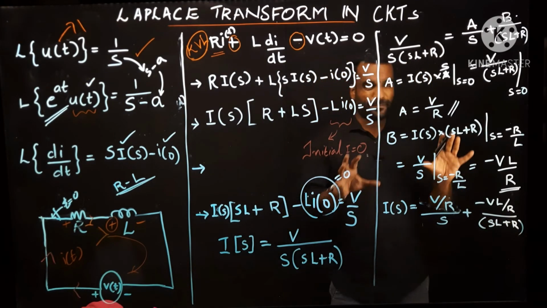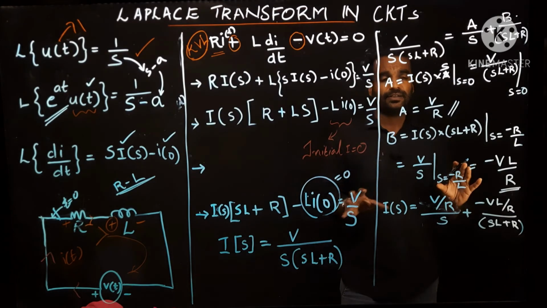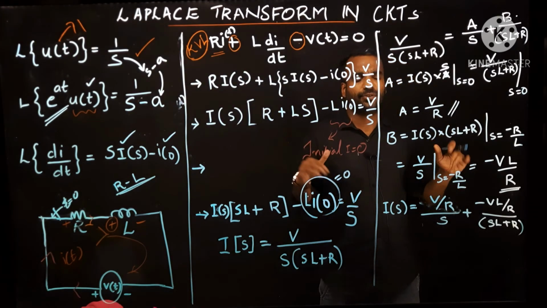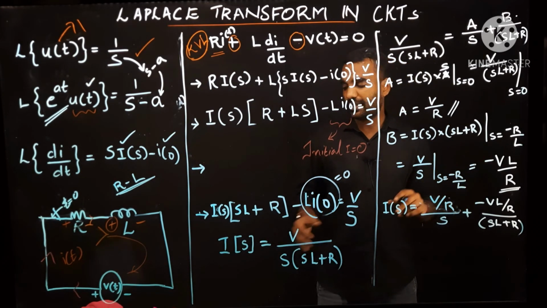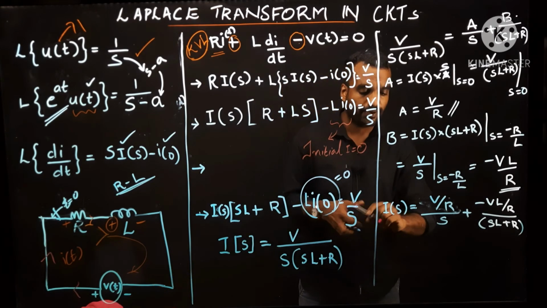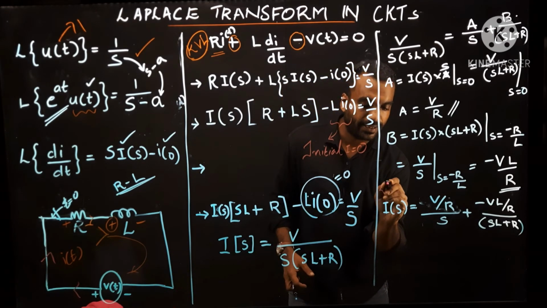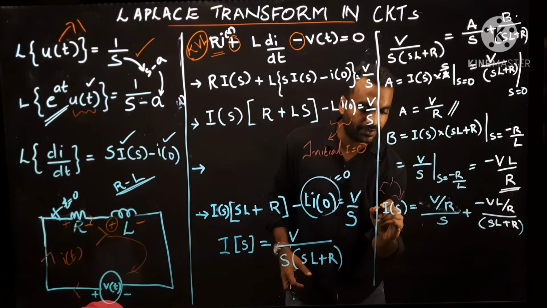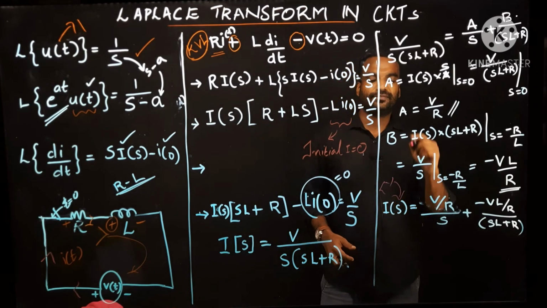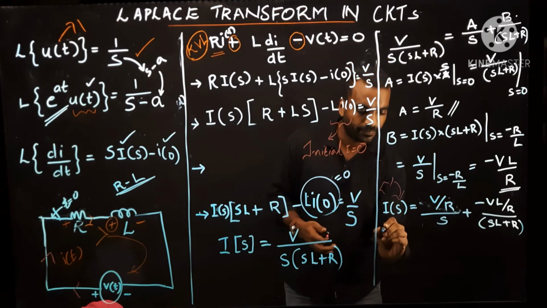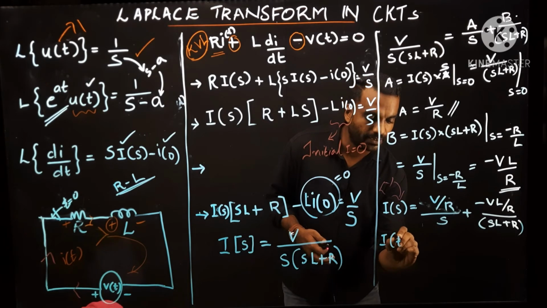We got the fractioned expression in S domain. Now it is very easy to convert it into time domain. How we can convert this into time domain? We have to take L inverse of I of S, Laplace inverse of I of S. So I of t is equal to